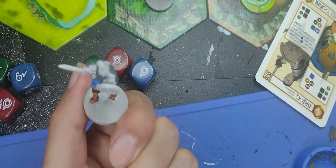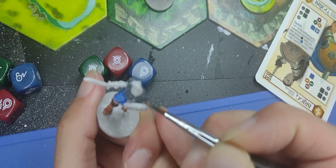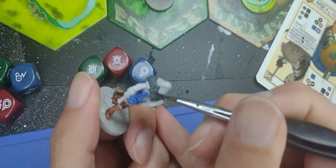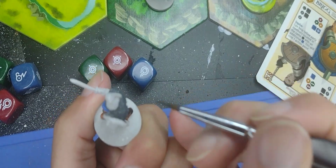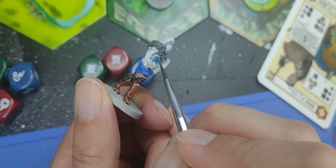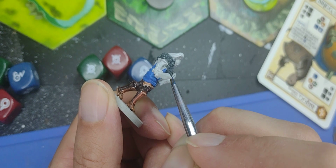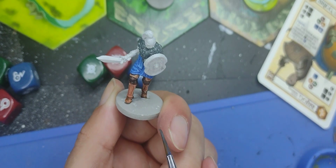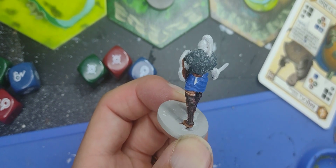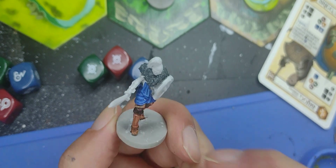And for the final part of the fur coat here, looking quite okay. Before you actually decide to go on to the next part, make sure that you haven't missed any part that's supposed to be fur coats, and then you have it right here. We're leaving that to dry, and before we go into the skin areas,